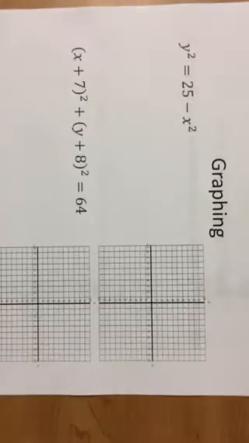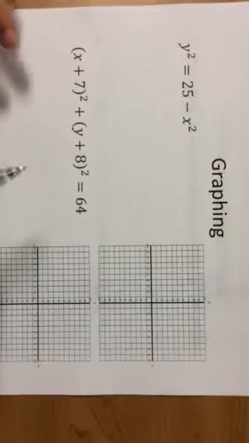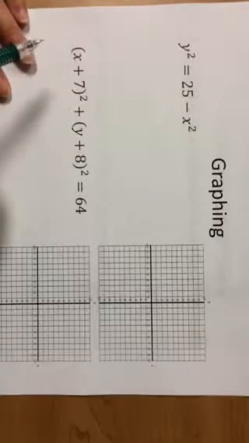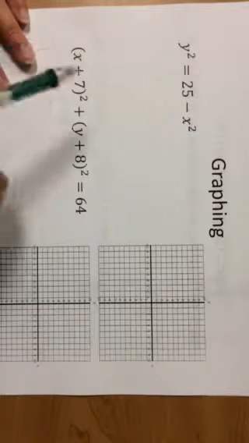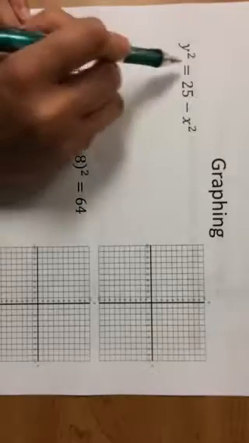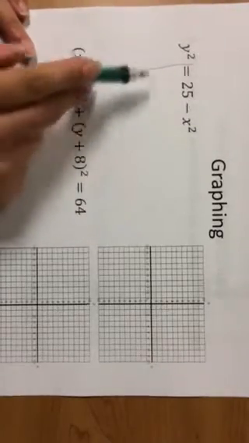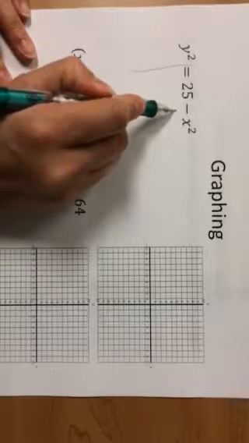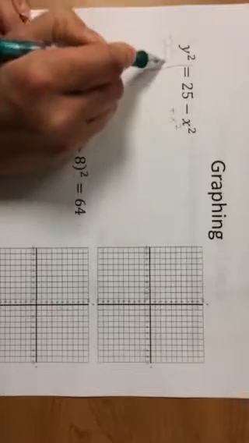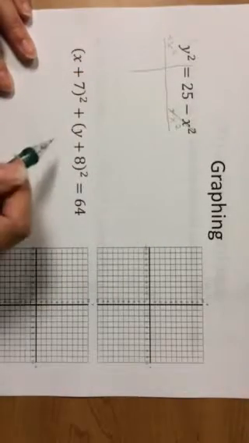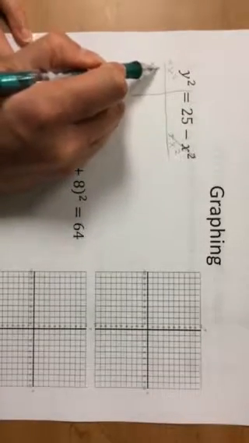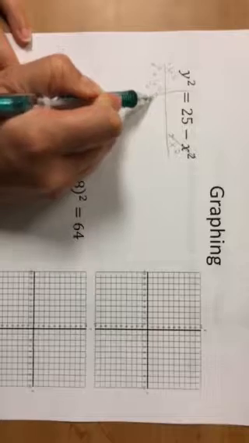Okay, so let's do some examples with the graphing on a coordinate plane. So write down these two examples real quick, and we want to make these look like one of the two standard form equations that we just did in the first video. When I look here, I notice that this guy's pretty simple, but I need to move the x value to be over here with the y value, because that's how it looked on both of the standard equations that we were doing. And so when I do that, I end up with x squared plus y squared equals